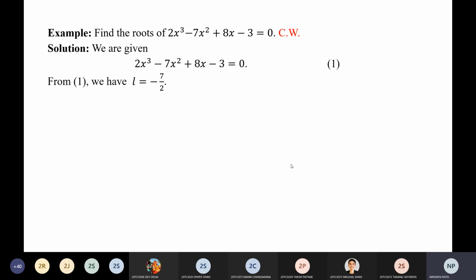Okay, sorry. So just what do you say, beta? Y is equal to, sorry, x is equal to y plus 7 by 6. Yes, y plus 7 by 6. Now just look here, we are doing a little bit of simplification. Because you can observe here that if we substitute x equal to y plus 7 by 6 in this equation, the equation will contain fraction values. Is it okay, beta? All the coefficients will be in fraction form, p by q form.